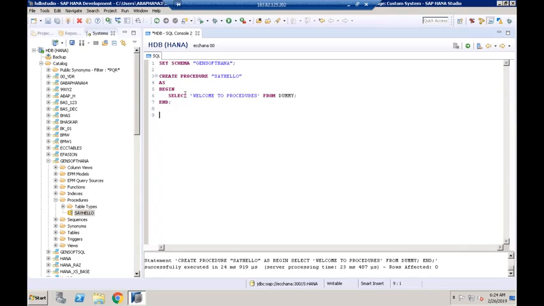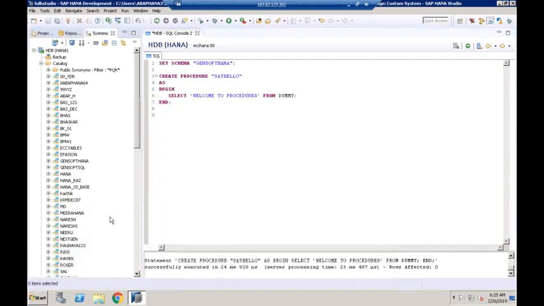But this procedure, I cannot access it from the ABAP layer at this stage because we have not followed any standards while creating this particular procedure. If you want to consume this procedure from the ABAP layer,